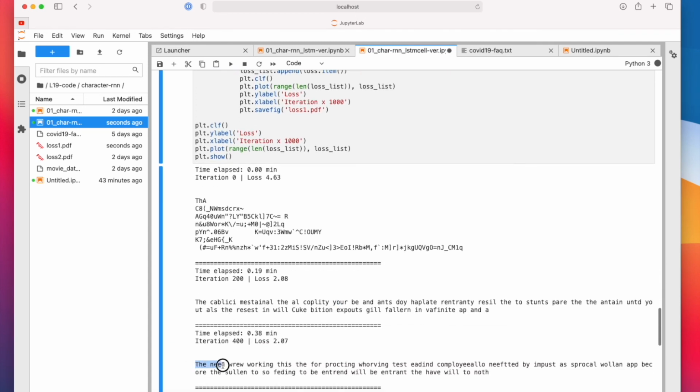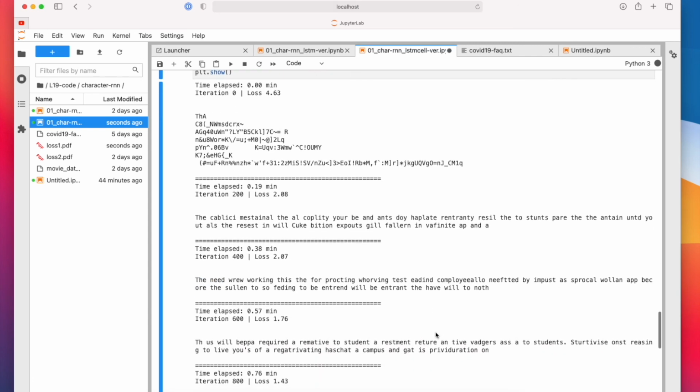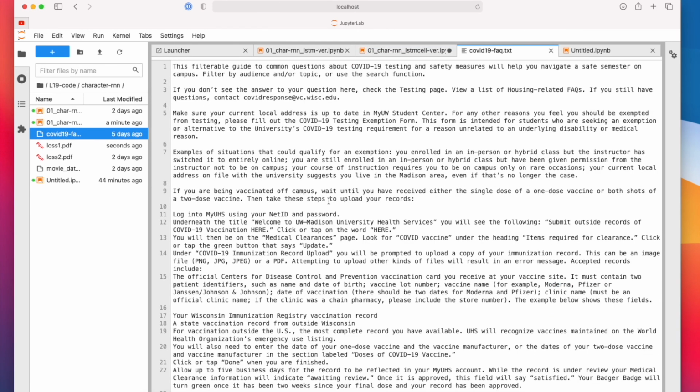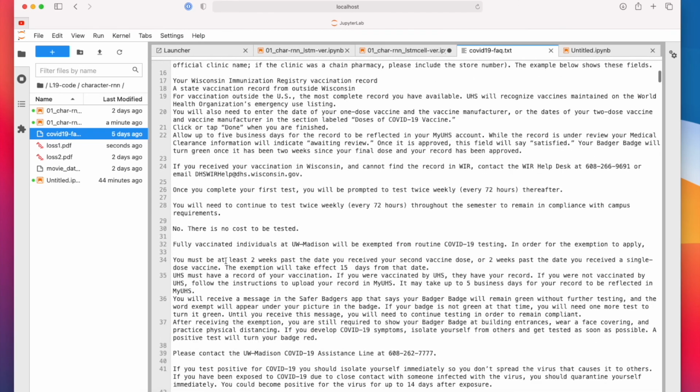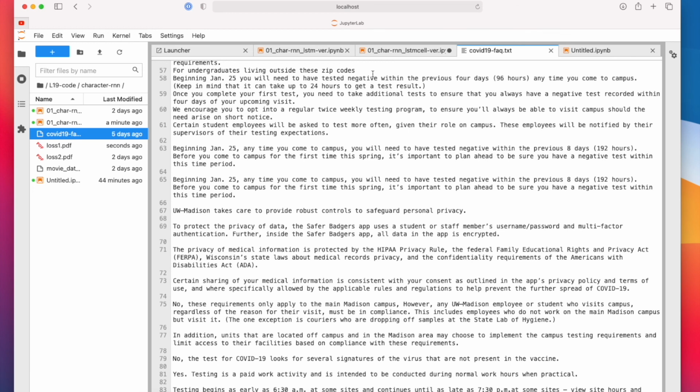Oh, okay, we have some real words here. Kind of learning something. You can see students. Again, this is trained on the COVID FAQ, which is mostly readable text.